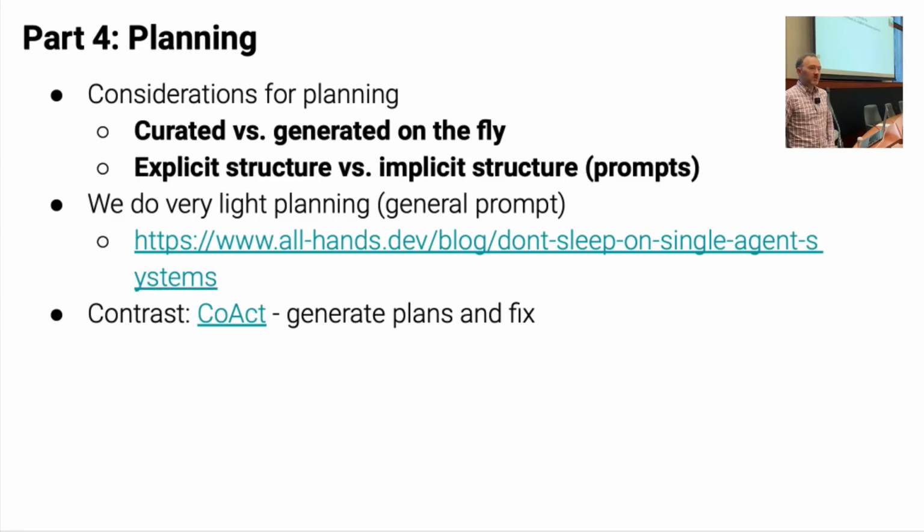If you have explicit structure, you could write a multi-agent system, and the multi-agent system would have your reproducer agent, your test writer agent, your bug fixer agent, and lots of different agents, and you would explicitly write this all out in code and then use it that way. On the other hand, you could just provide a prompt that says, please do all of these things in order.